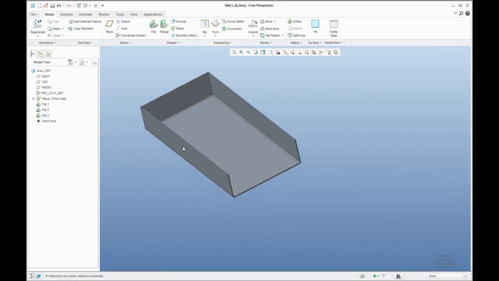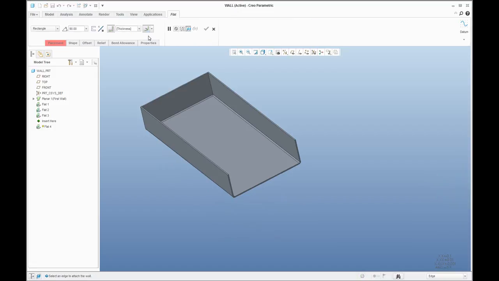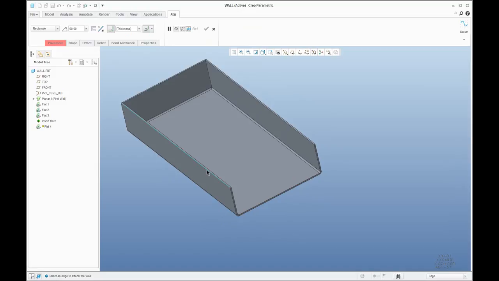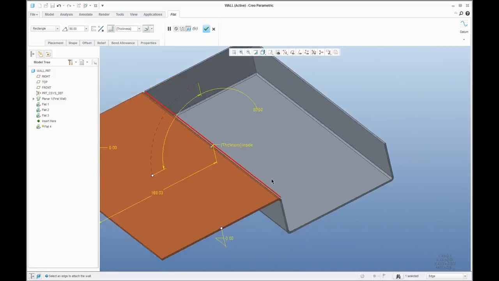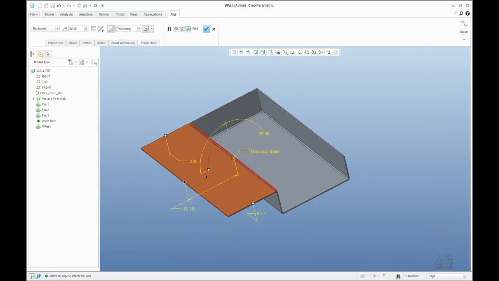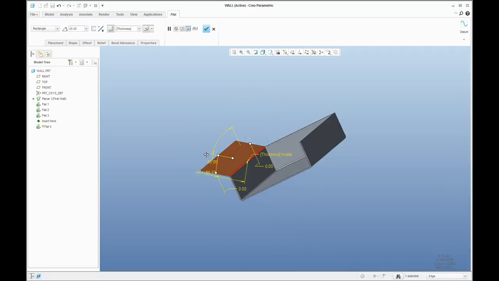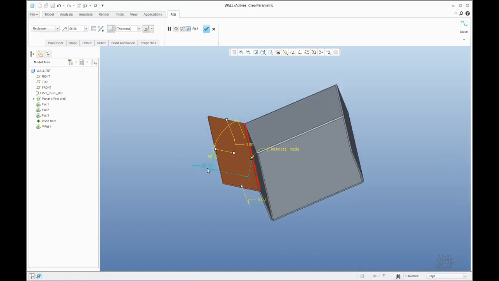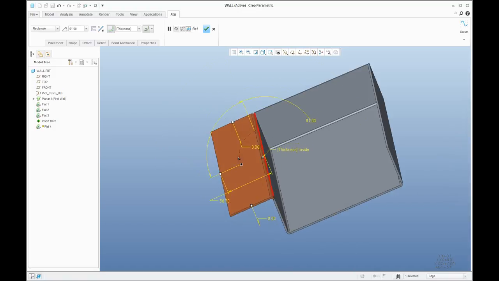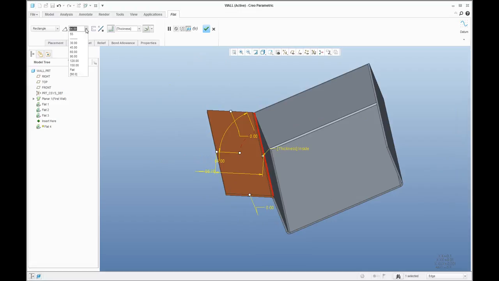So slowly and one more time. I would like to speak about rip, relief. We can select any edge. So I will select this edge. You can set a custom value, a custom value for the height or a custom value for the angle. For example, 55. You can specify it directly from the ribbon, or you can move the dragger. If you select 55 one time, the system will remember, and in the drop-down menu it is possible to select it one more